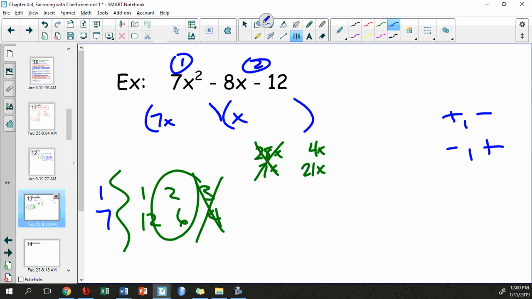You want to put it with the 7 because if I put the 6 here, I'm going to take 7 times 6 to give me 42. Does that sound like a good idea or a bad idea? Sounds like a really bad idea to get that big of a number. So we're going to go ahead and do